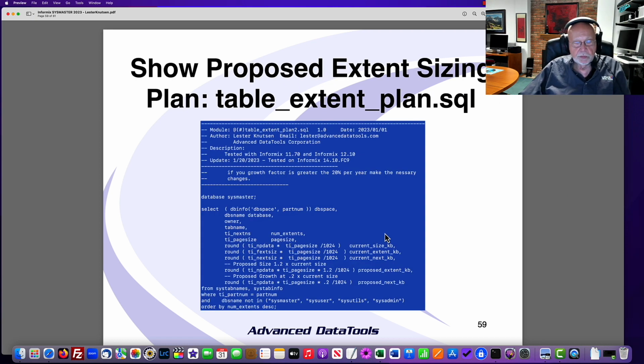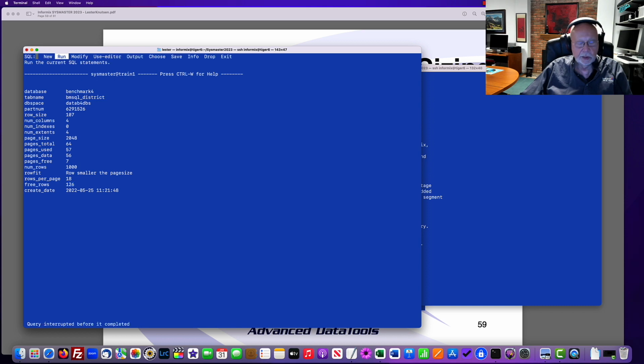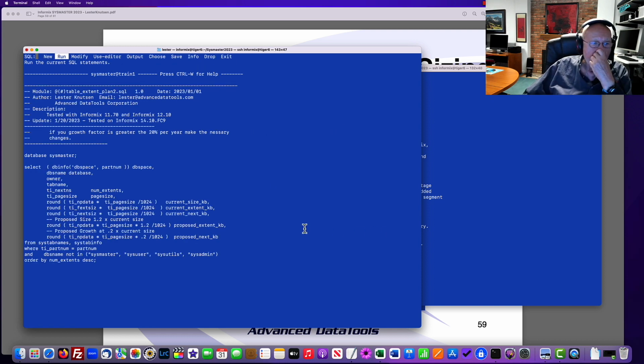Now, extent planning. This is one I've really changed quite a bit lately. I had an old script that I used to use that I don't think was very good anymore. And so I've created this new one called Table Extent Plan. And what it does is it calculates a proposed extent size for your tables. If you were going to rebuild your tables, something like this will help you by calculating a proposed size and